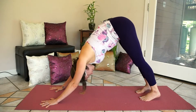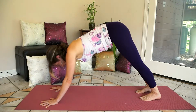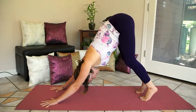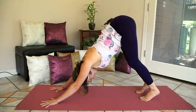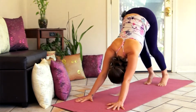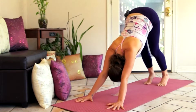What happens is that people straighten their legs and compromise the integrity of their upper body. So it's better to really get this connection in your upper back. Then you start to reach your heels down. And even if you have to keep your knees bent, you're still going to get that stretch along the back of your hamstrings. And you're going to get the shoulder opening, the back strengthening, the forearm strengthening that's going on